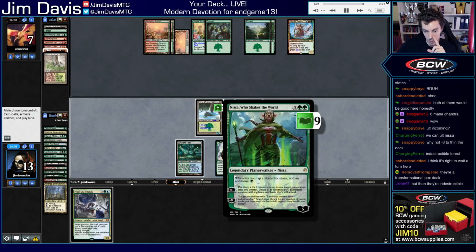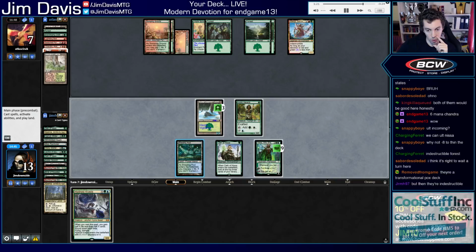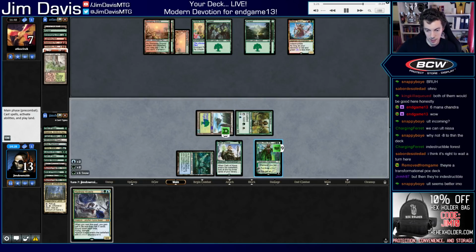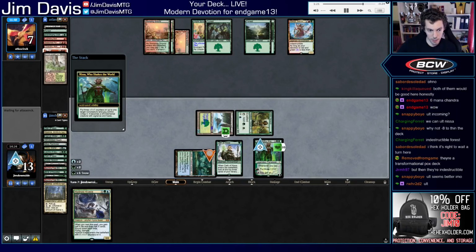I come in tapped, right? Yeah. 1, 2, 3, 4, 5, 6, 7. Could just cast the 5/5 Krasis here, actually. Yeah, I kind of like that. I like that better. I'm not really in a rush to give my Nissa up. You know, it could die to things like that. And 5/5 is the magic number against them because they have Glorybringer, so...